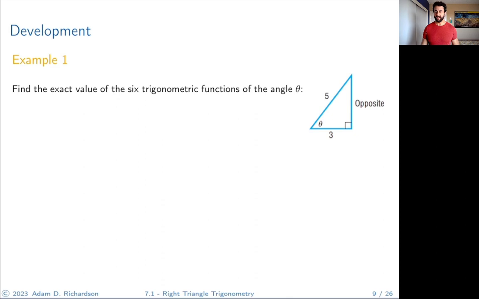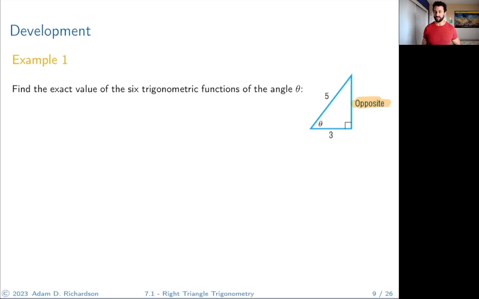All right, here we go. So I remember SOHCAHTOA stands for sine equals opposite over hypotenuse, cosine equals adjacent over hypotenuse, and TOA means tan equals opposite over adjacent. See, that's why you need the mnemonic. So if we want to know all of those values, if we want to know opposite over adjacent and adjacent over hypotenuse and opposite over hypotenuse, we need to know the length of all 3 sides of the triangle. But in this case, we actually don't know this length yet. So in order to get that, we're going to have to